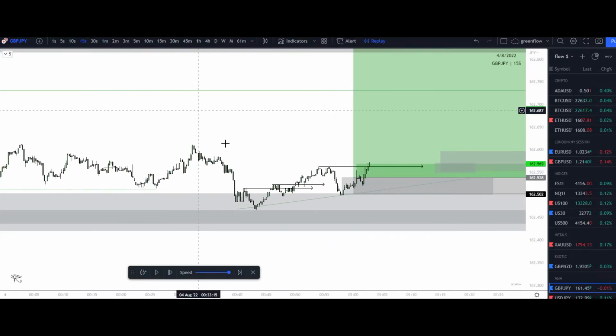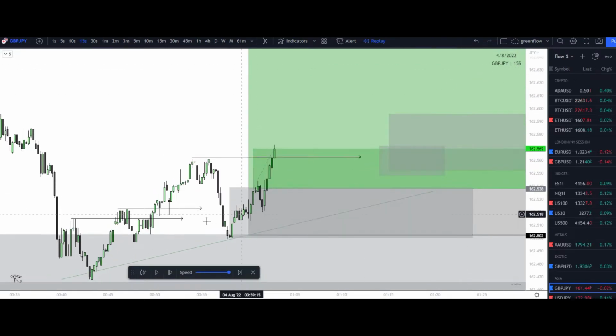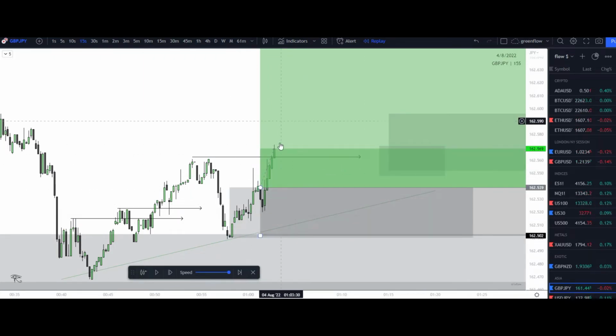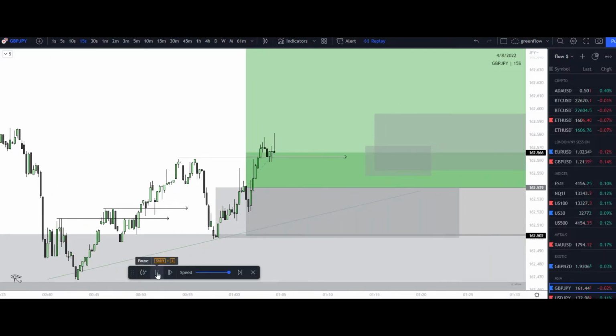If I go to show you the 15-second, right, we can see where price actually broke structure. Down here, we got a break of structure here, break of structure here. Our low that is presented to us is right here. So I want to see again, let's just move this to the left, that mitigation of this zone, right, for the continuation. So let's go ahead and play this out now.